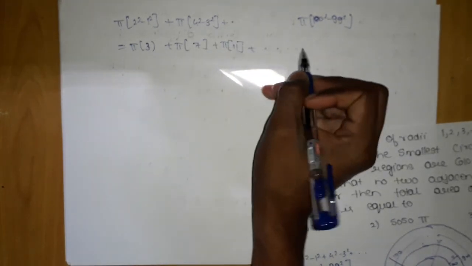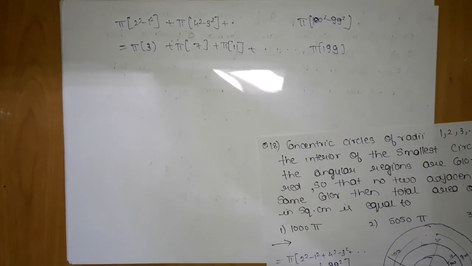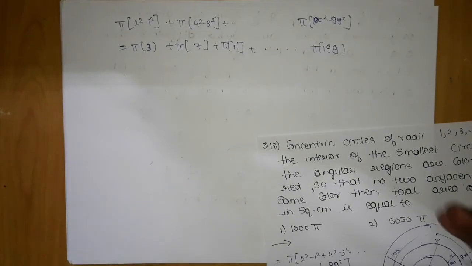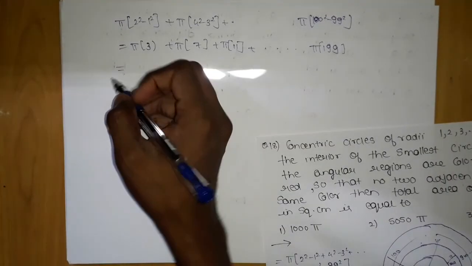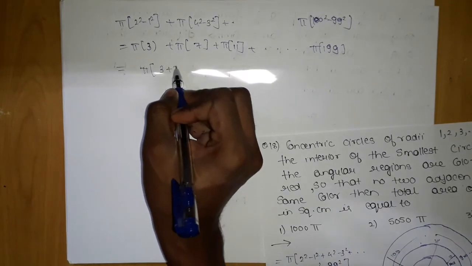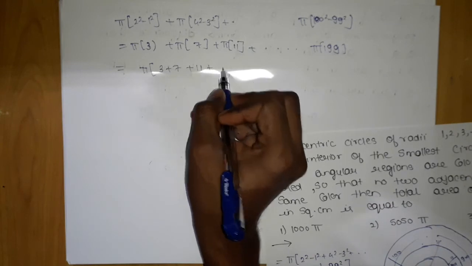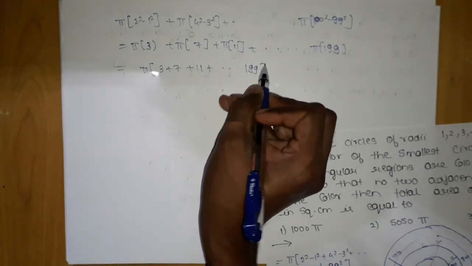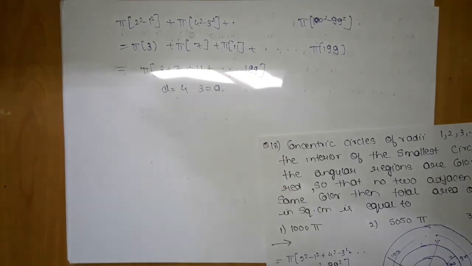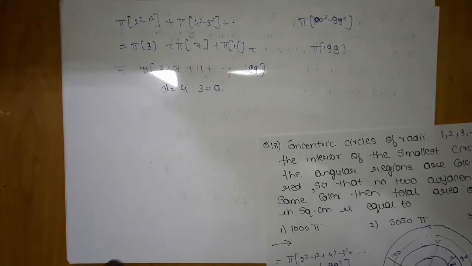This is a better series. Since children have solved so many series, they forget to use the basic things, that is, they will become 1 and then the problem is carried out easily. But what happens is that after you solve some problems, you try to forget the basic things. So I am telling you what to do. Taking pi common, you have 3 plus 7 plus 11, and so on till 199. Now it is an AP with common difference D equal to 4 and first term A equal to 3. Then you can get it very easily, no problem.